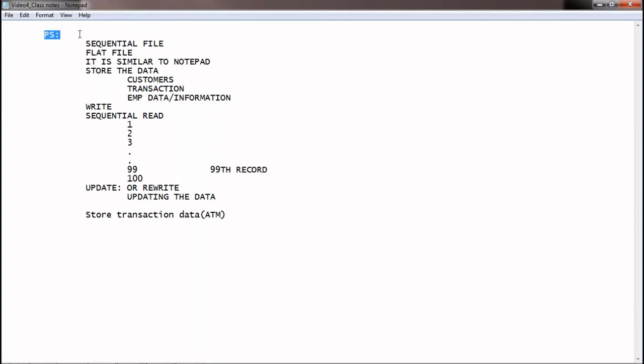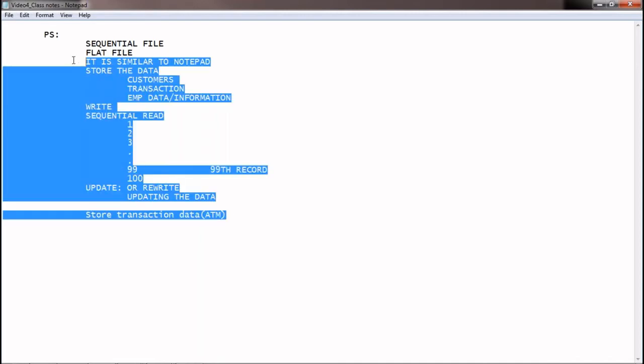So some users call a PS file a transaction file. So this is all about the PS file.